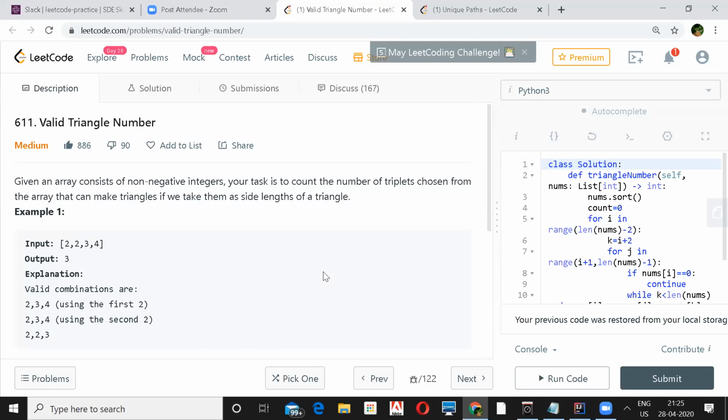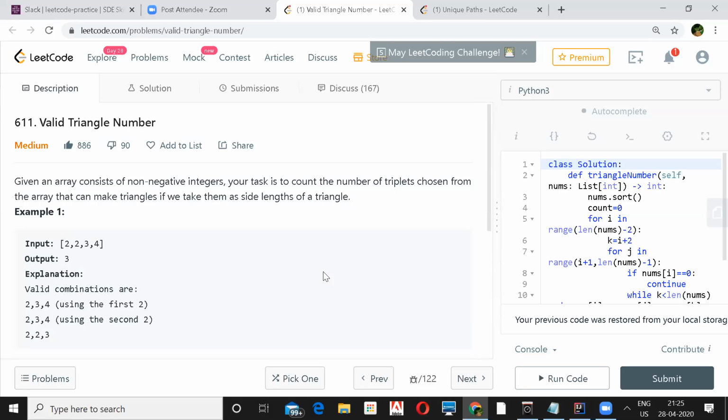Yes. One naive solution can be that we pick up a pivot first, and then we have to iterate over the rest of all the combinations of a pair of 2, and check which of the pairs are greater than that number. So that will be your valid. How will you decide that pivot element? So this is a naive approach you can do.